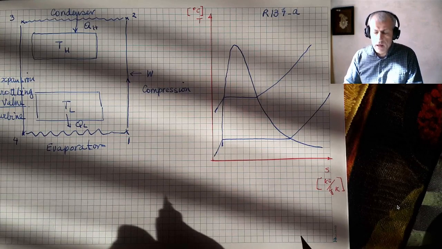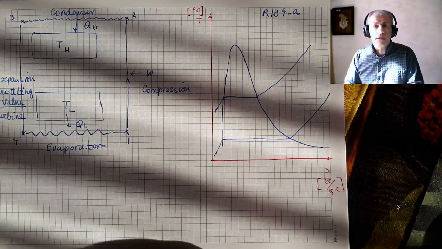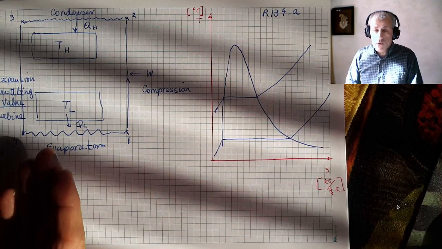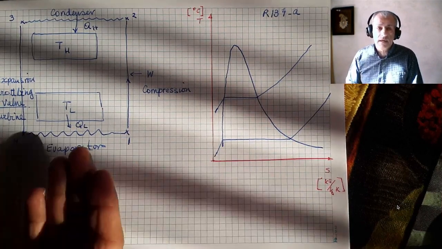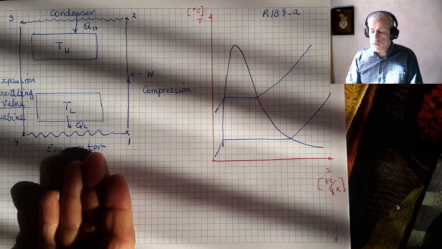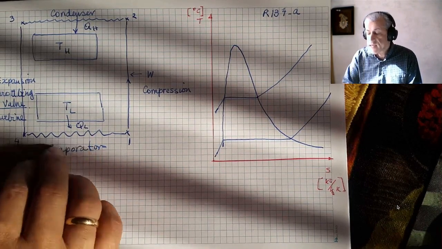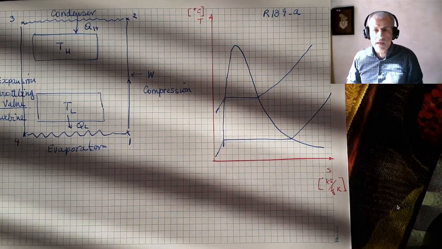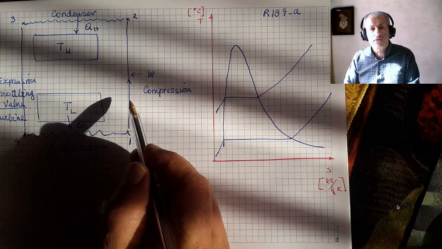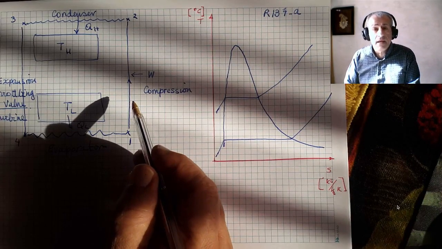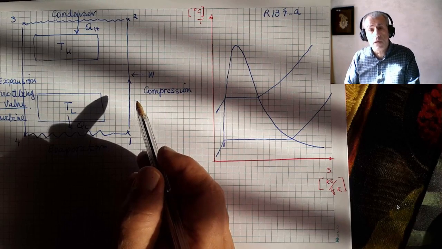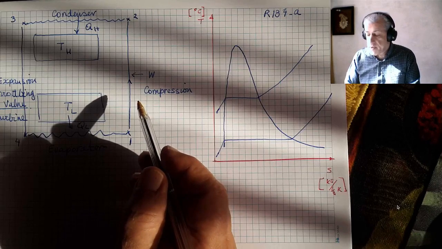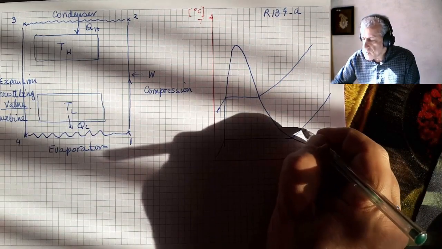So, if this is the medium that we use, how would we use this medium inside this cycle, or how do we apply such a cycle to this medium? The way we do it is that the compression needs to take place in single phase. So either it has to be a liquid that is compressed, or it has to be vapor that is compressed. So what we do is that we take a point